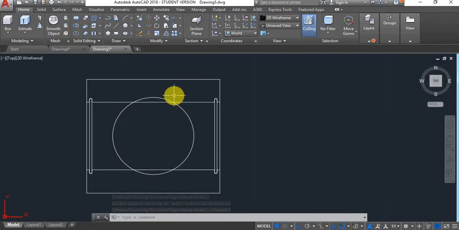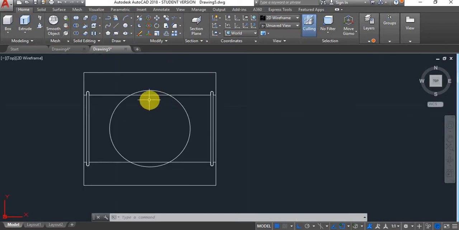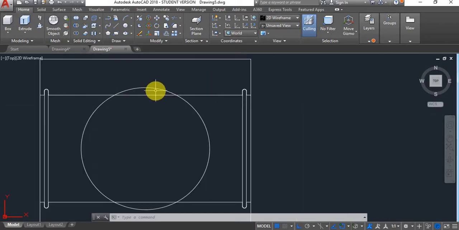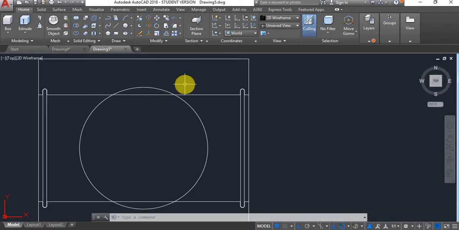Okay, so now I can proceed with this part. So I'm going to maybe